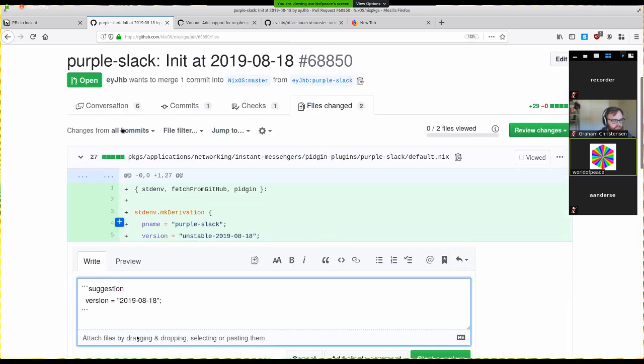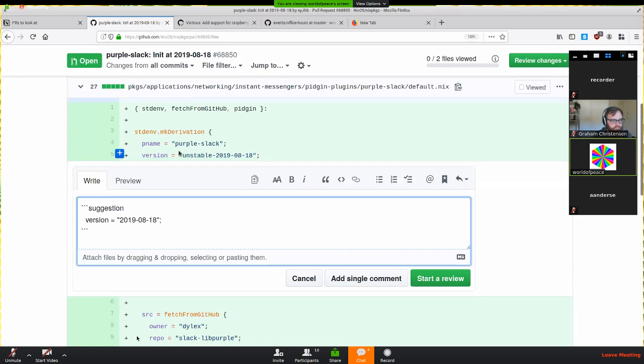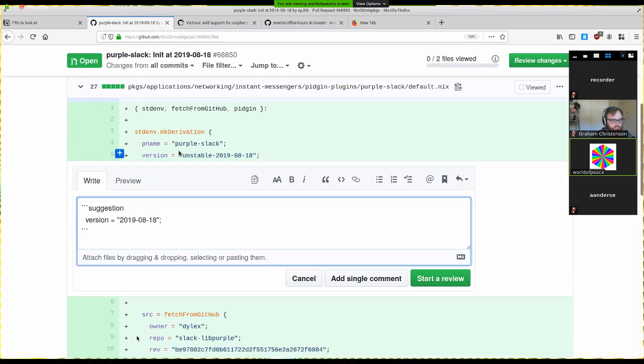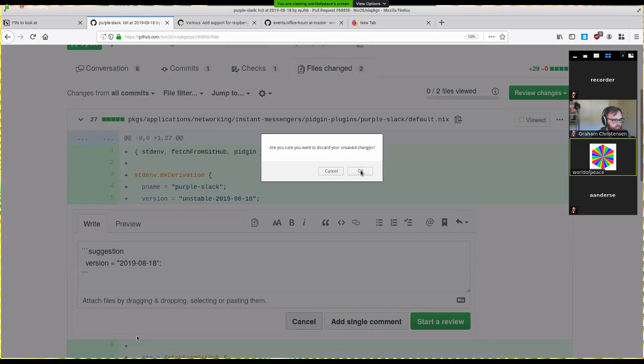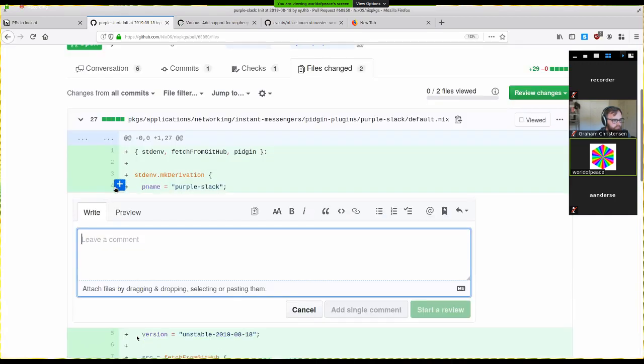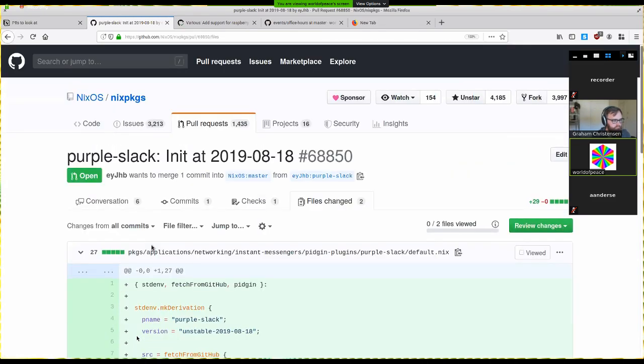So there's a precedent currently for pname inversion. I've accidentally been encouraging people to put unstable in version instead of pname, like the manual says, and you've actually been trying to undo that. So just so other contributors realize that if you're using pname, you need to put unstable when you're using that versioning format in that attribute.